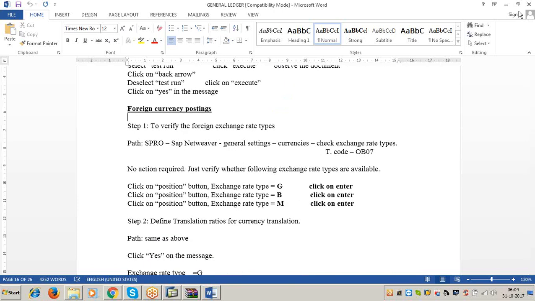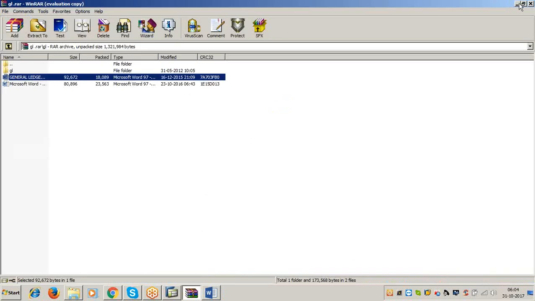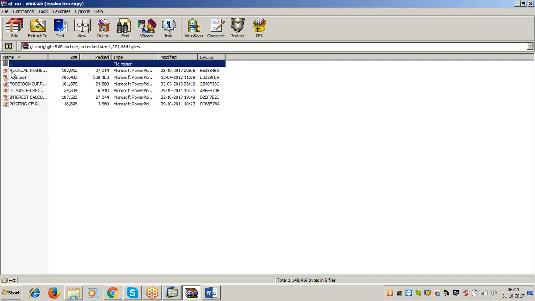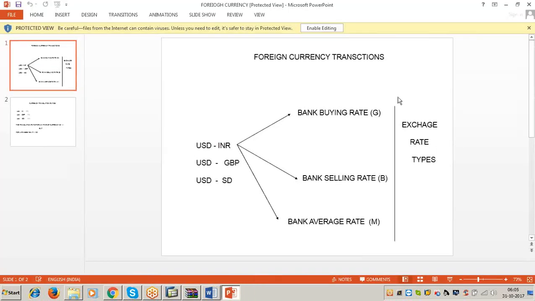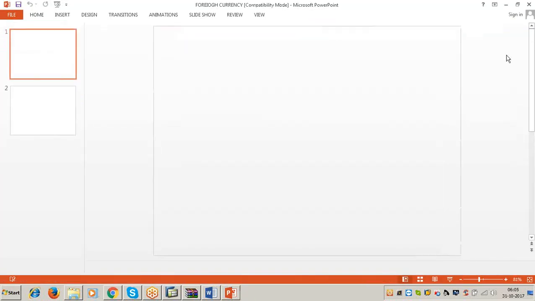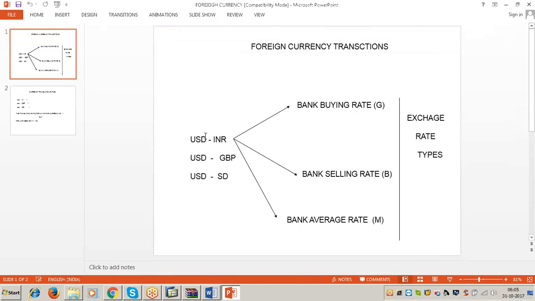See, foreign currency postings. So what exactly is the foreign currency postings? Our company code local currency is US dollar.